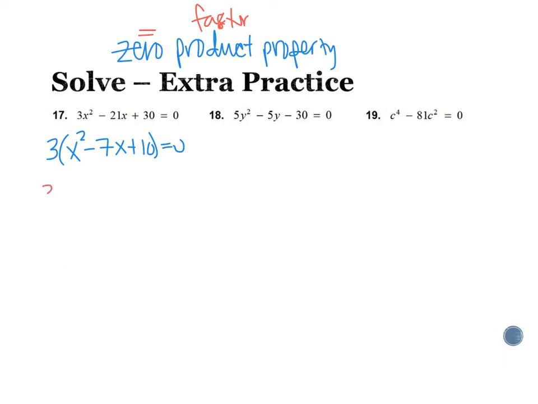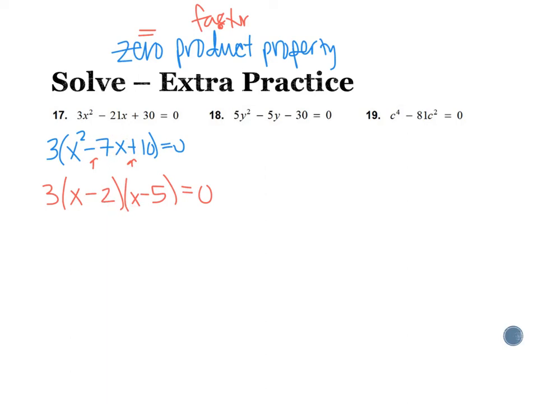And then I'm going to try for 2 binomials here because that is not a perfect square trinomial. We're going to do x and x. To multiply to be 10, we have 1 and 10 or 2 and 5. Well, 2 and 5 would help me get to 7, so I'm going to do 2 and 5. It says my signs are the same. They're both negative. Okay, if I FOIL that out, a negative 5x and a negative 2x would make a negative